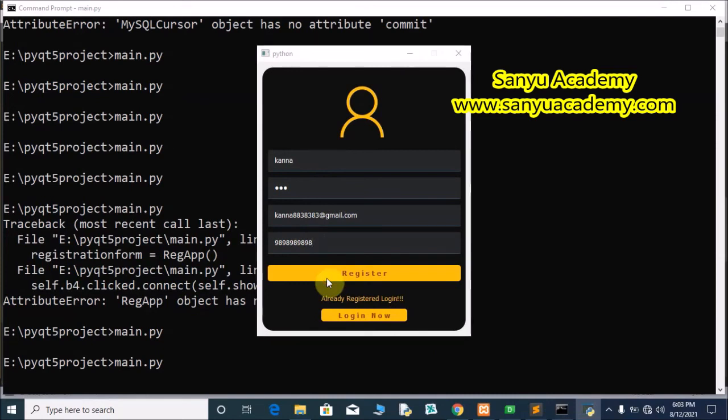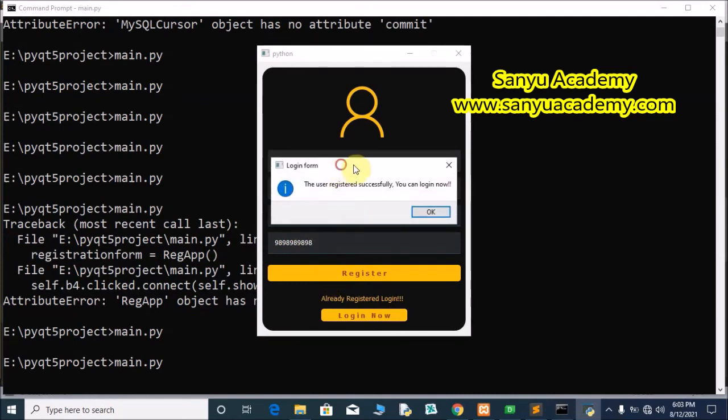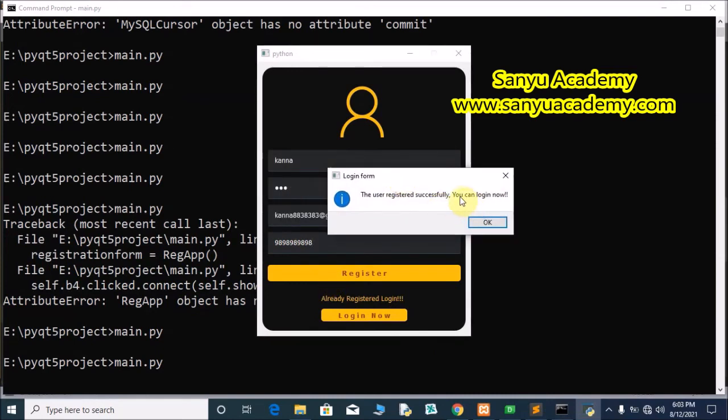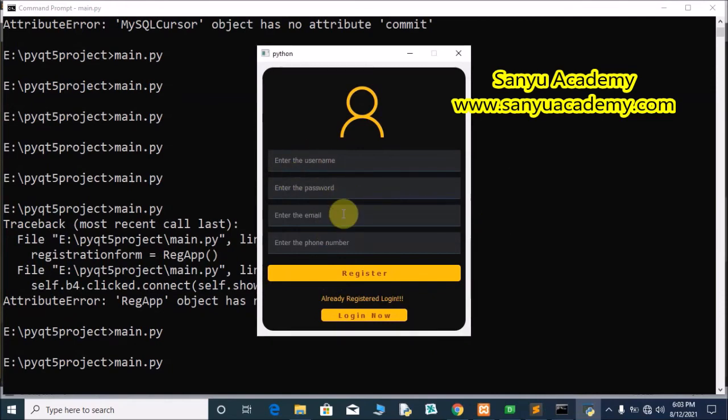Click register. Now the user registered successfully. You can log in now. Click it. Now the form is completely cleared, but when we register and show the message, you can log in now, we have to move to the login form, then only it will be better. Close this form.